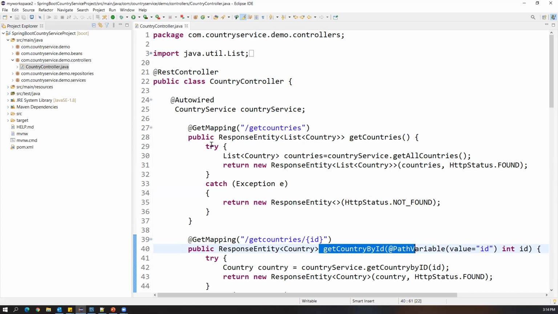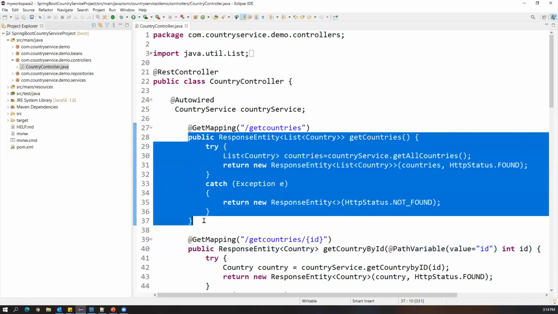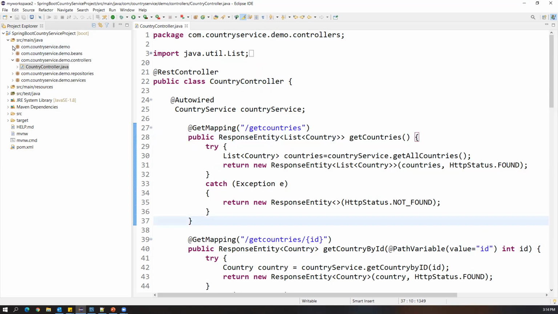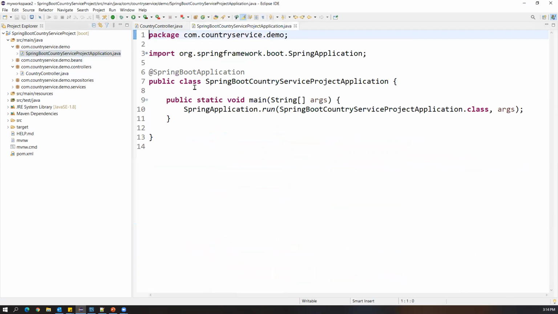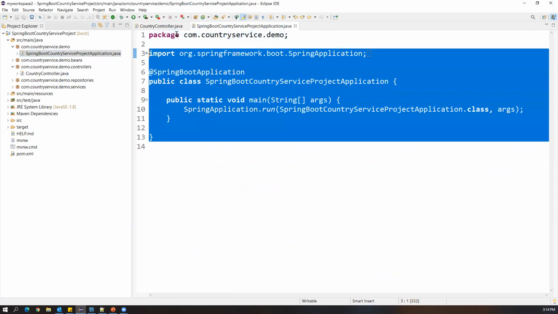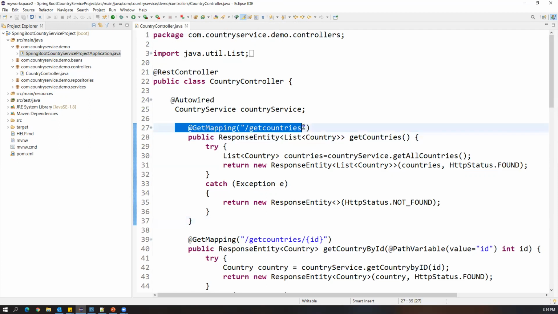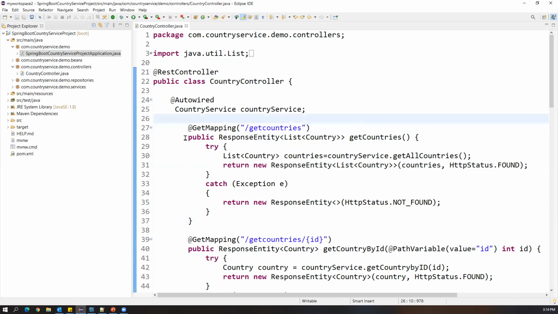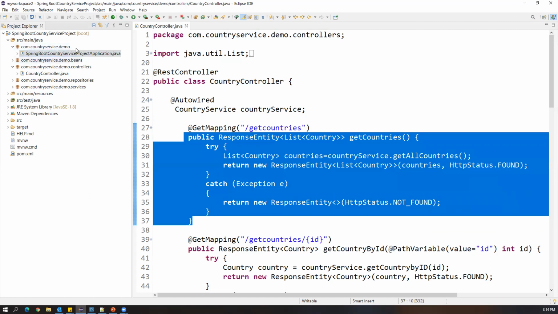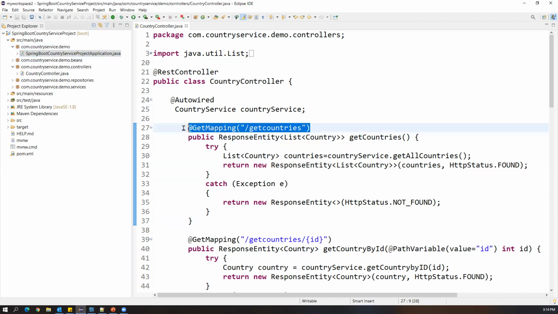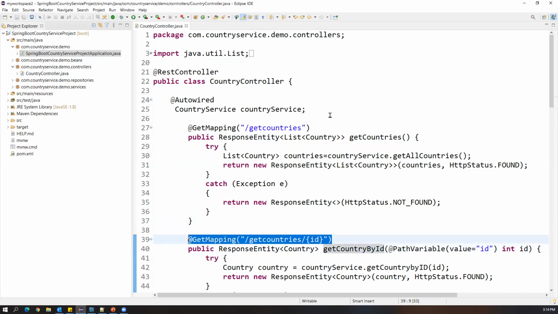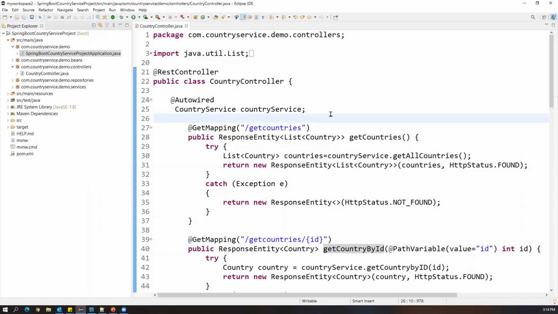So to invoke these controller methods without starting the Spring Boot application, note that this is a Spring Boot application. If you want to actually test the controller method, we have to start this application and then send these URLs, and then we can verify the response through Postman or any other client tools. But here what exactly we are doing is invoking the method without starting the Spring Boot server, while passing the URL of the request. That's how we can do it by using MockMvc.